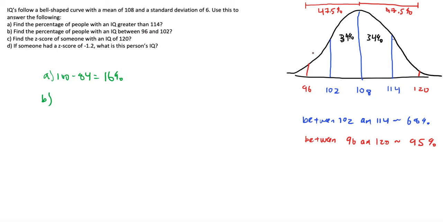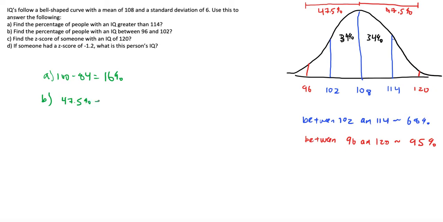So for part B, we actually want just this portion right here, between 96 and 102. Well, let's look at the numbers. 47.5% of the population has an IQ between 96 and 108. 34% has an IQ between 102 and 108. So I just have to subtract these two together. So the answer to part B should be